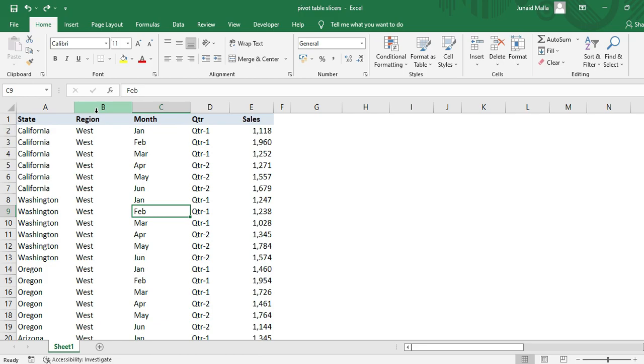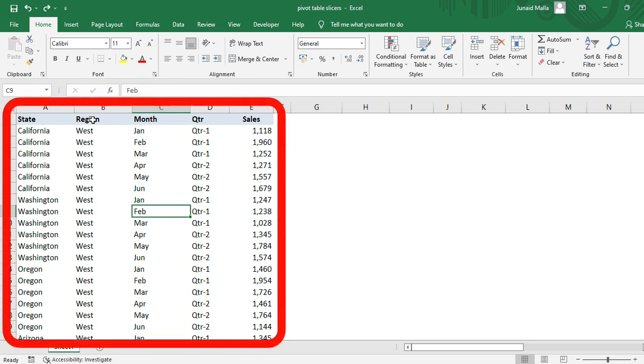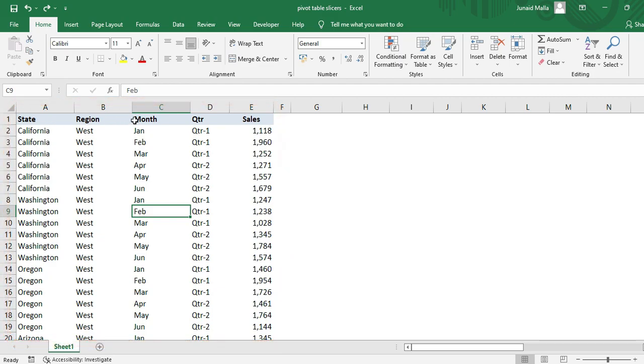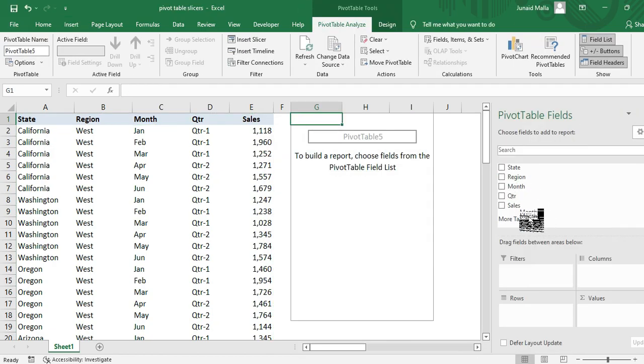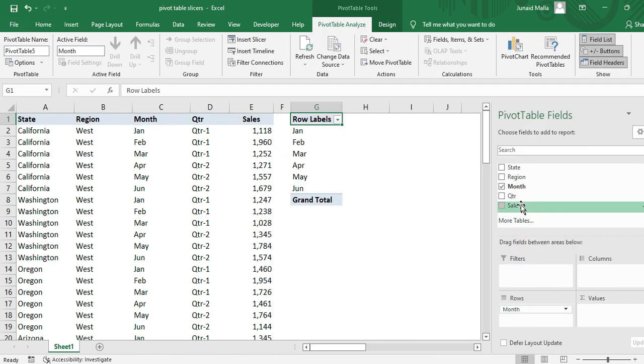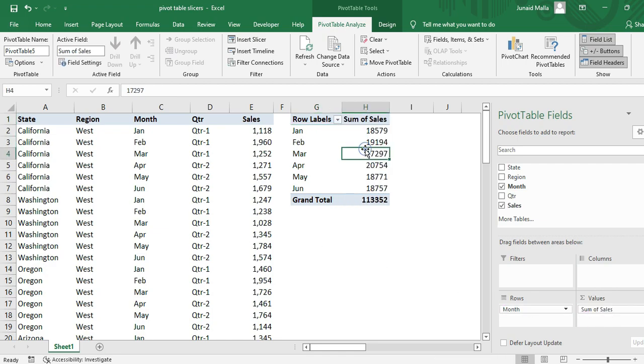Look at this sample sales data. Here you have sales data, state, region, month and quarter wise. Let's assume that your boss calls you and asks for month-wise sales figures. In that situation, what you will simply do is insert a pivot table, then drag the month field in the rows box and the sales field in the values box, and here you have your month-wise sales